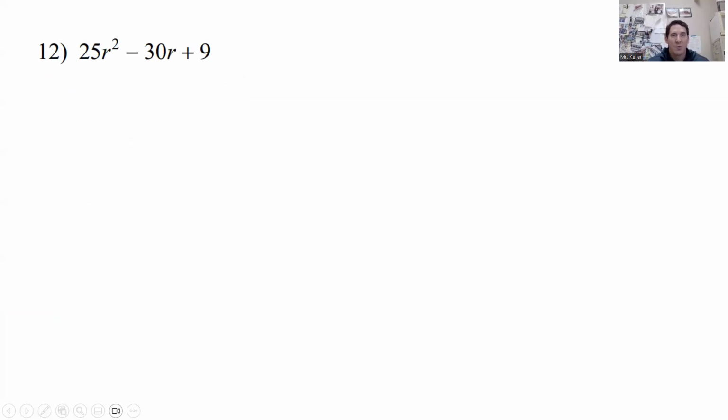One more problem. So here, like I was saying, there's a shortcut. Eventually, you're going to get down to it so you can actually recognize this is a perfect square trinomial. This is going to factor to 5r minus 3 squared. I'm just going to write that off to the side. The shortcut, again, if you start noticing the pattern, you want to use a shortcut, you are welcome to do that. But for right now,